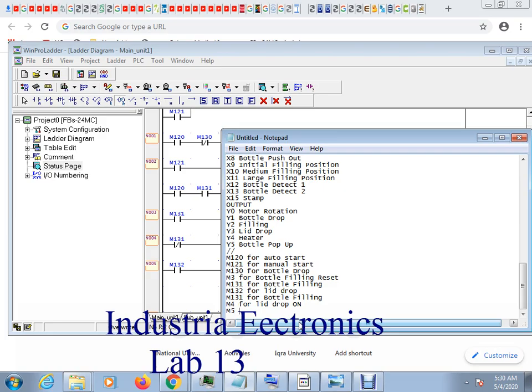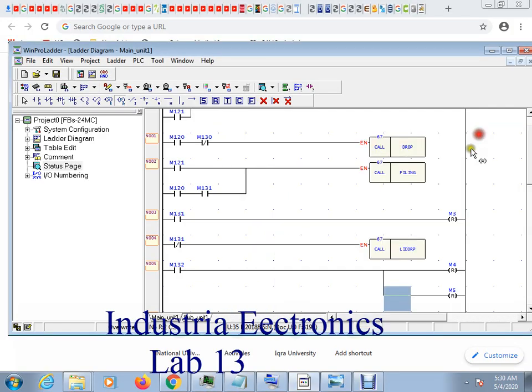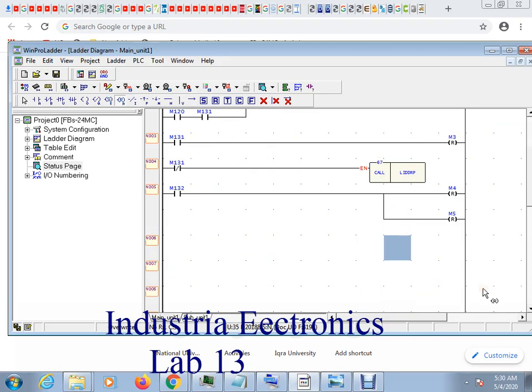Lead drop open, and for lead suction, M5 for lead suction. Okay. When it will reset the lead suction, we have to use another